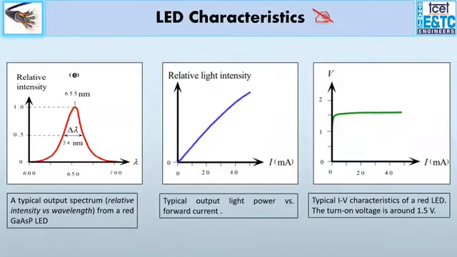Now, LED characteristics. If we see, this plot shows the spectral width is large, 24 nanometer is the spectral width. It gives you the light intensity and the current. It gives you the linear relationship as expected. We have already seen the expected characteristics, and the IV characteristics is till a threshold value. You have a zero current, and beyond that threshold value, you have a large current in your device. That is what we know for an LED.